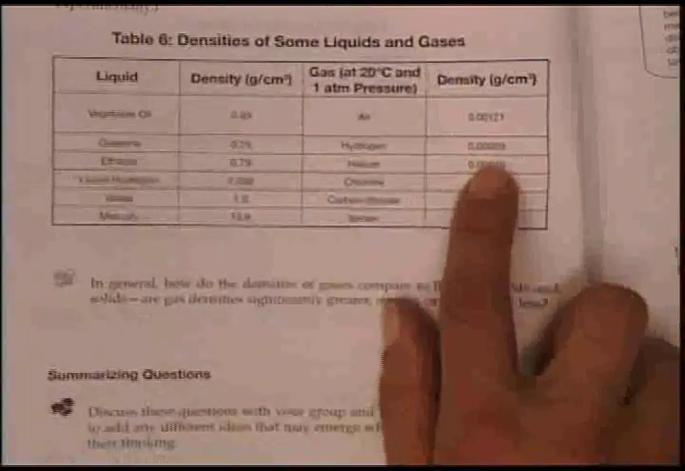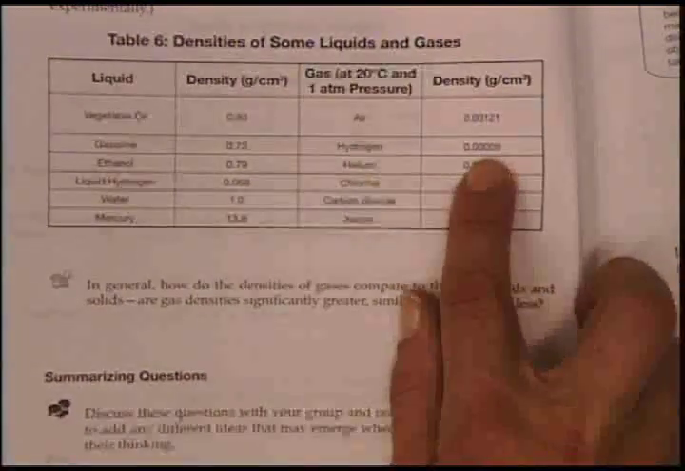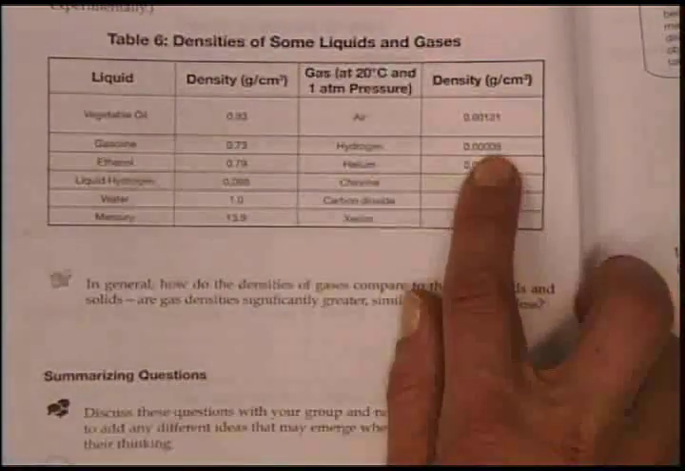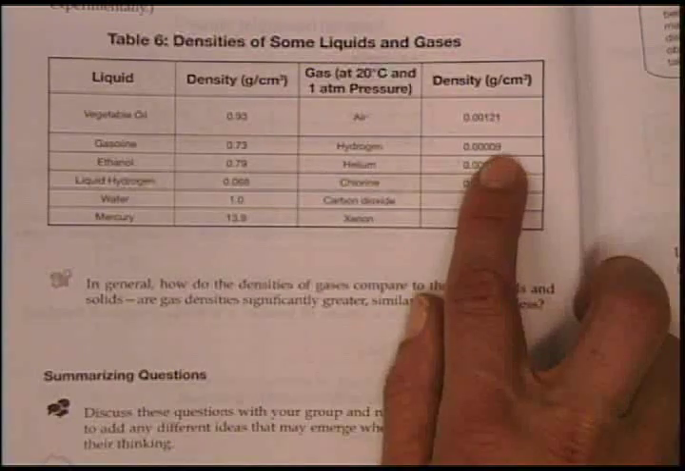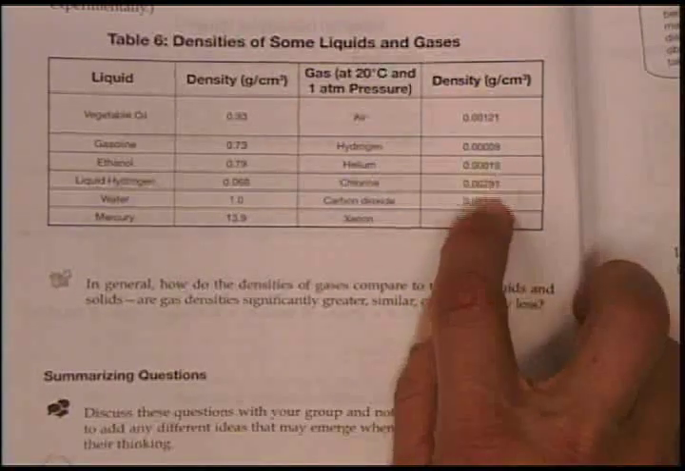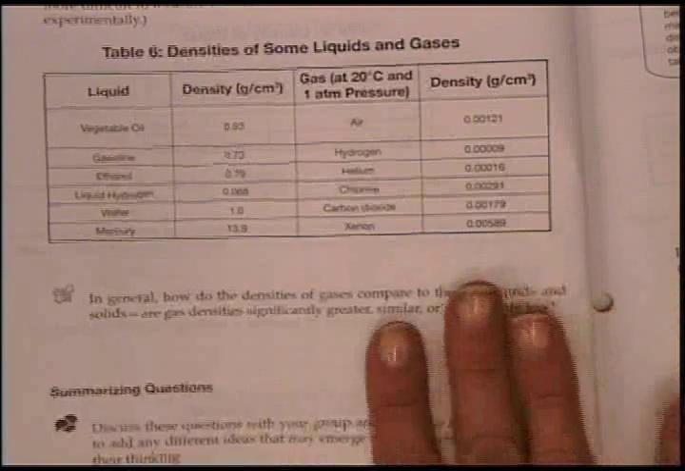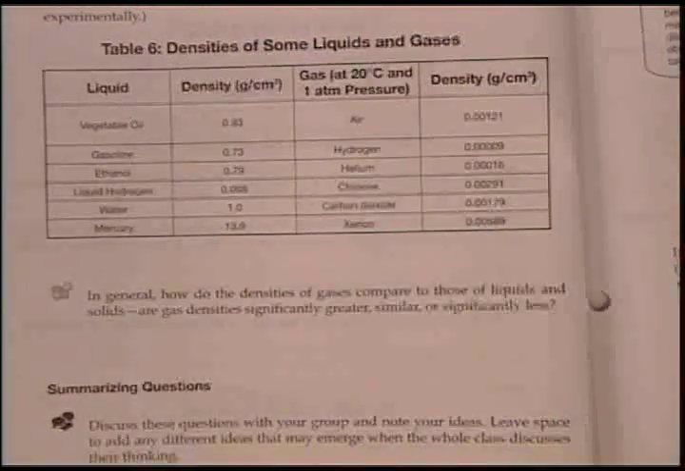So you can see some of the gases, like hydrogen, has a density of 0.000009. Very, very light. Okay? So I want you to answer your summarizing questions, and then